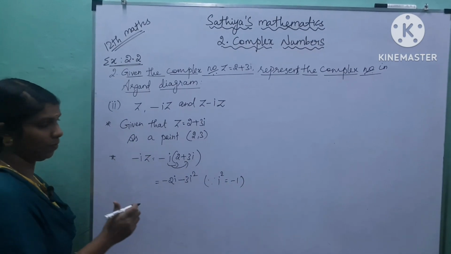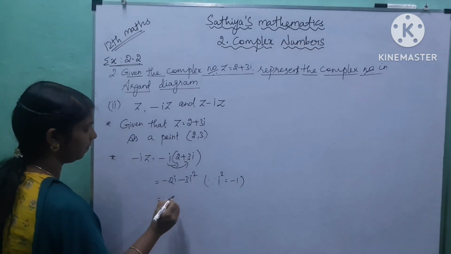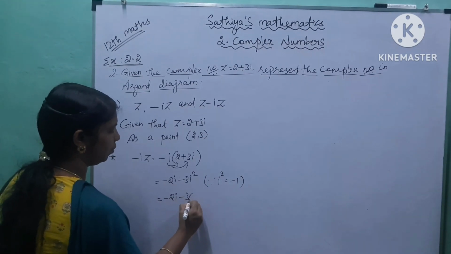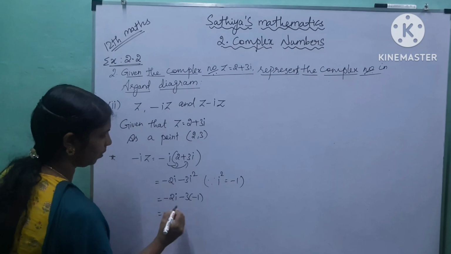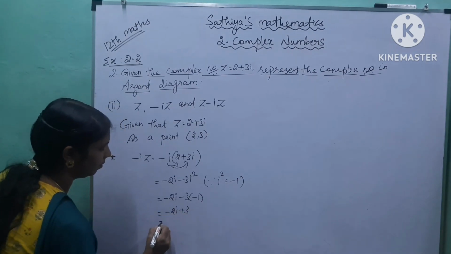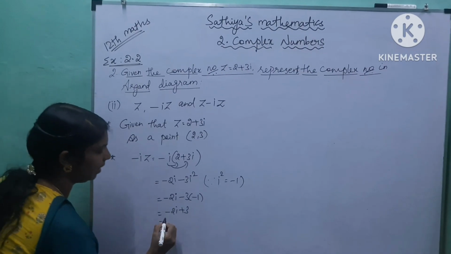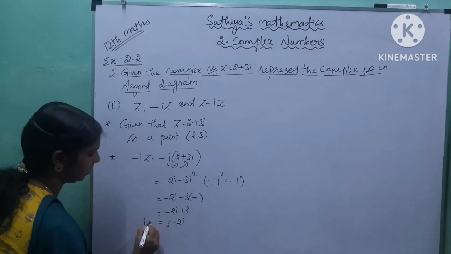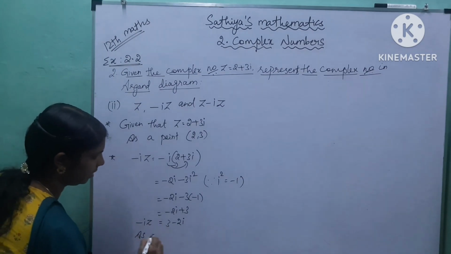So replace i square with minus 1 here. Minus 2i, minus 3 into minus 1. So it is minus 2i plus 3. So to write the standard form, 3 minus 2i. This is minus iz. As a point,